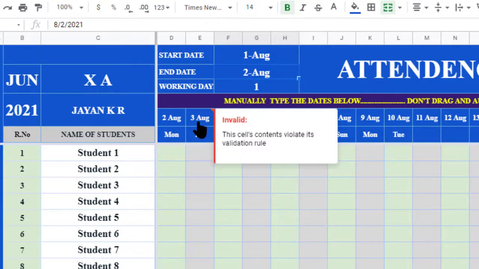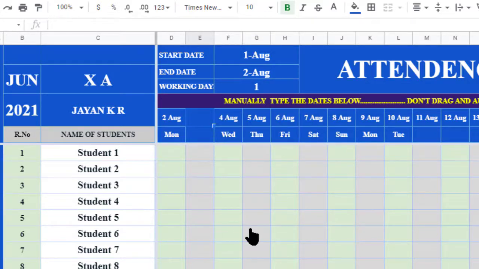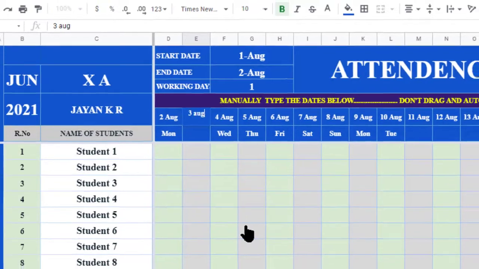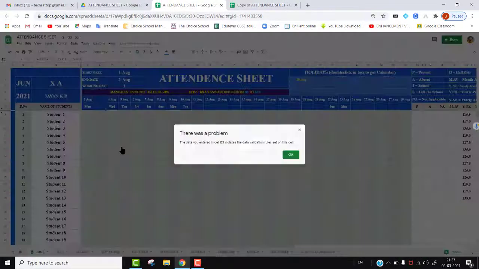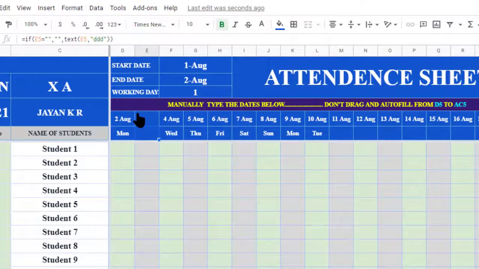So here I am deleting already. It is blank. I am going to type here. See, 3rd August. If I am typing, no, it will not allow, because in this column if you want to type here in F3 the value must be greater than 1, but here only 1 is not actually considered as greater than 1. So how to increase?